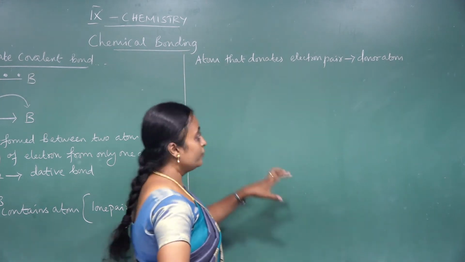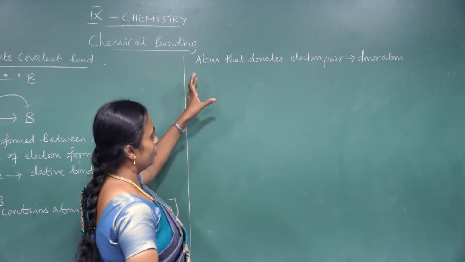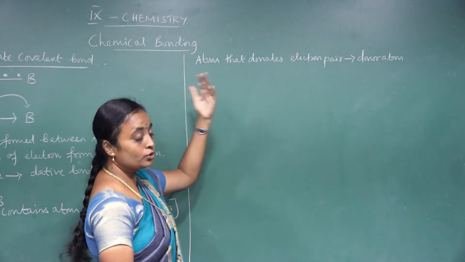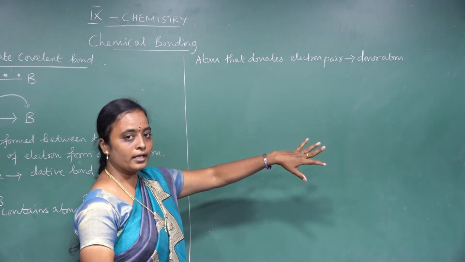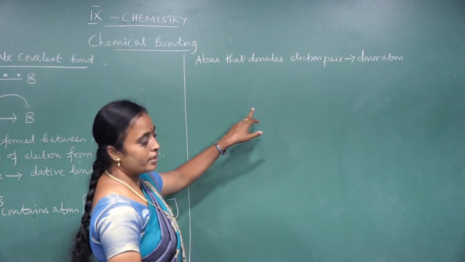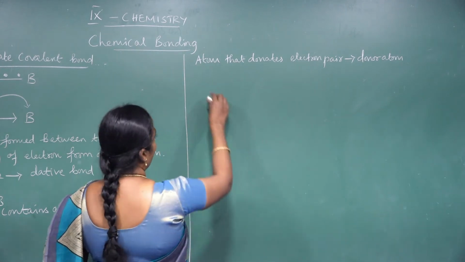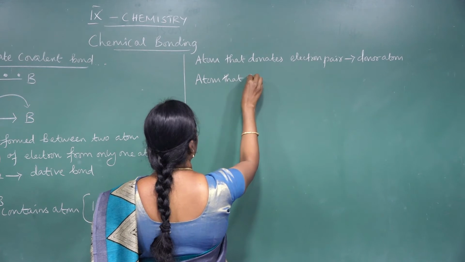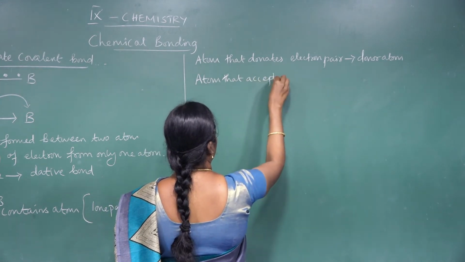It contains an electron pair that has to be donated to the other atom involved in the bonding. Those we call the donor atom. And the atom that accepts the electron pair